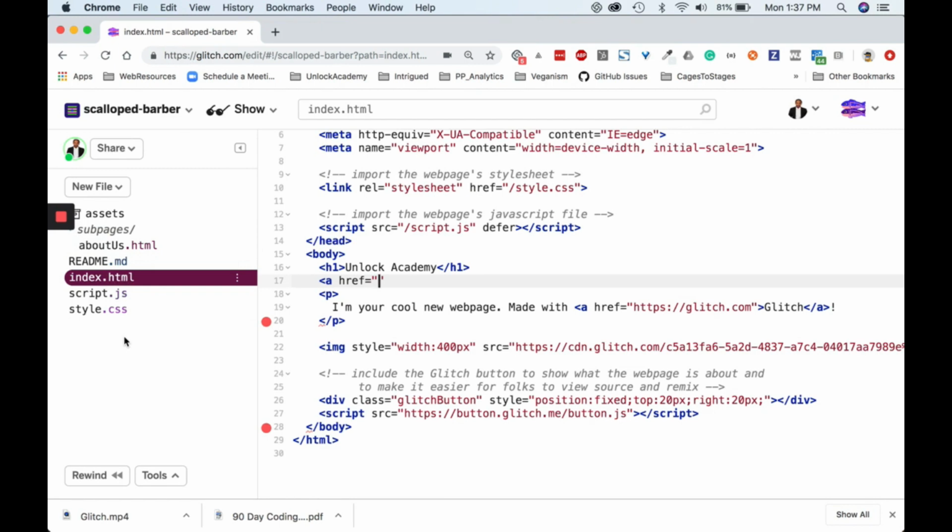Remember, this glitch project is really just like a folder that lives on your computer, and folders are all either next to each other or inside of each other or outside of each other. In this situation, these two are right next to each other. Index is a sibling, meaning it's right next to subpages. So the only thing we have to do is type a slash, type the word subpages, another slash. This lets the browser know that this is a folder. And then you just type the name of the file that you want to access,